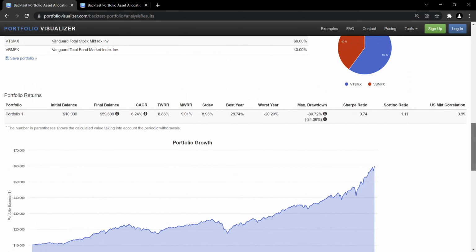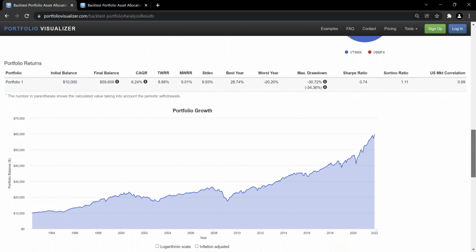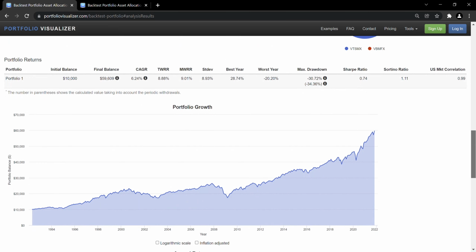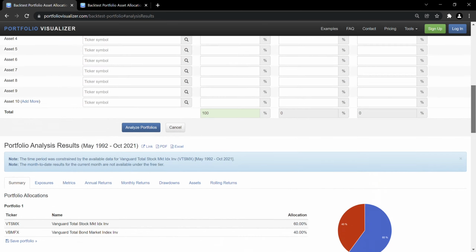And give you a different look. This is as if you were taking out 4% a year. And you can see the drawdowns are a little bit different. The compounded annual growth rate is different. And the final balance is also different. Now, if you want to see